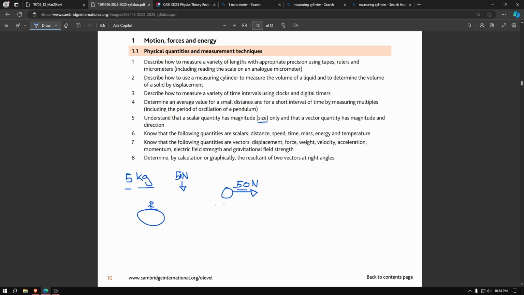So rightwards. It could be left, it could be up, it could be this way, it could be that way. It could be any other way, an infinite number of ways. You could push it upwards, you could push it downwards. This is what they mean by direction. It actually has a direction you're pushing it into. So the direction actually matters. If you push it left, it goes left. If you push it right, it goes right. So this is the only difference. It has a size, it has a direction. So